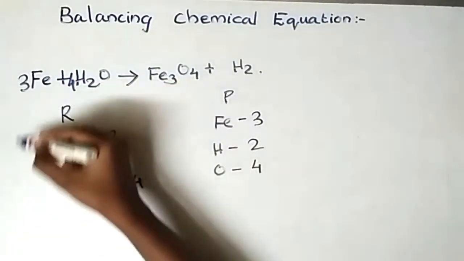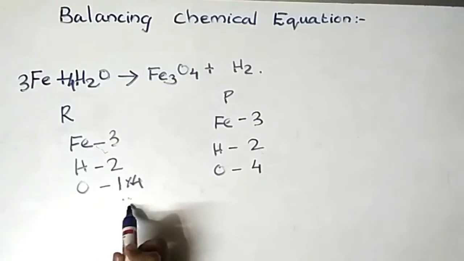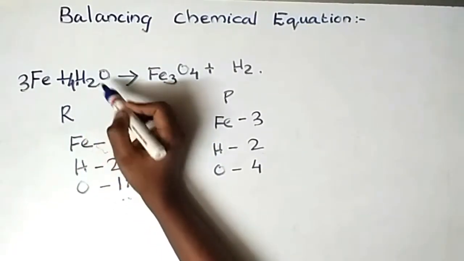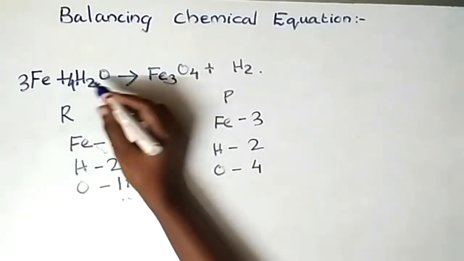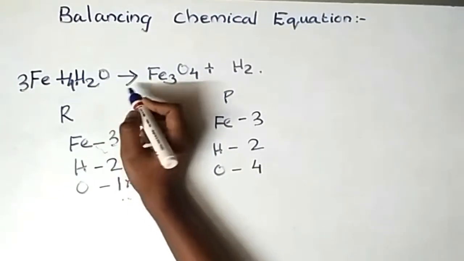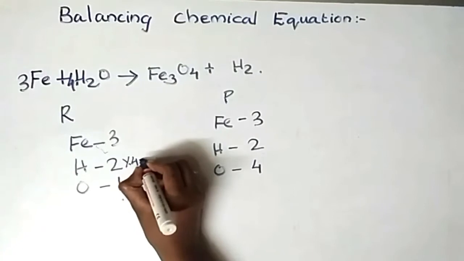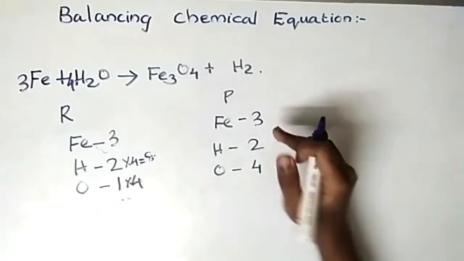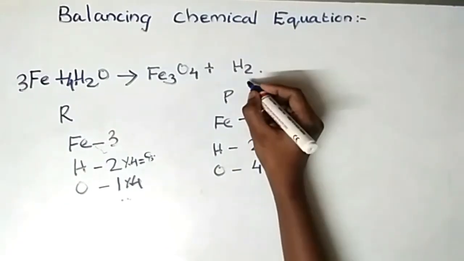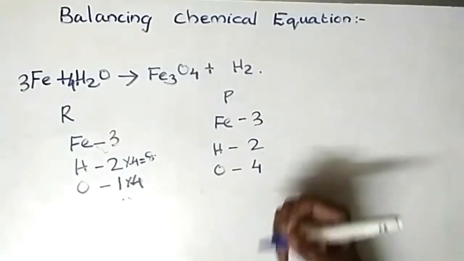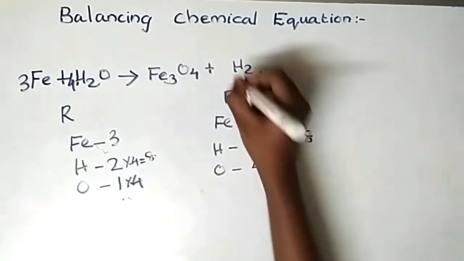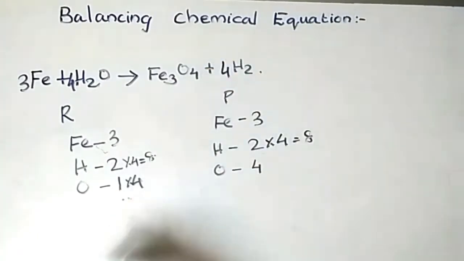As we balance the oxygen atoms on the reactant side, we can see that the number of hydrogen atoms also changes on the reactant side. That is 4 into 2, that is 8. So, we need to balance hydrogen again on the product side. We already have 2 hydrogen atoms and we need 8, that is, into 4 is equal to 8. So, we can put 4 here.